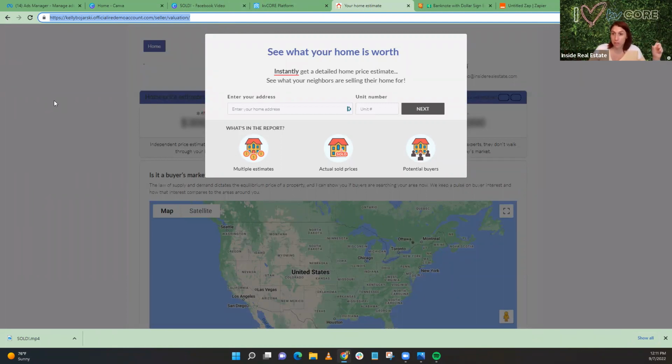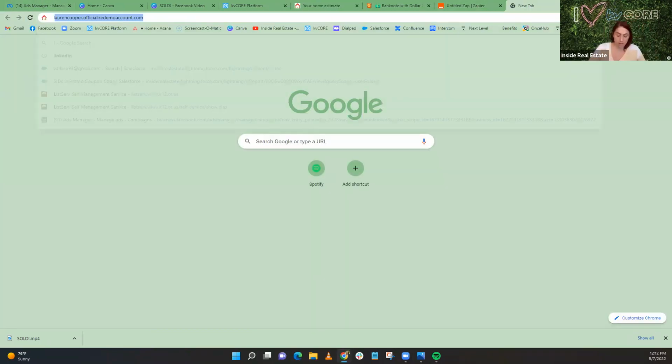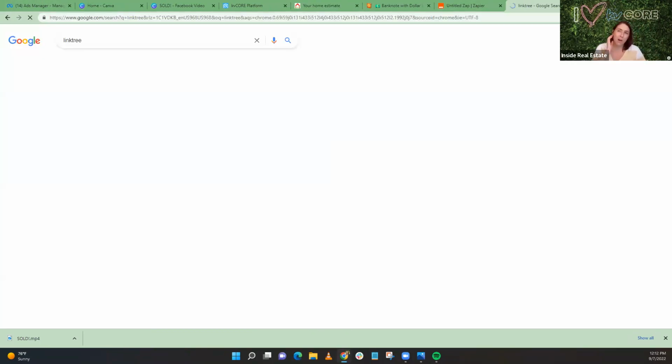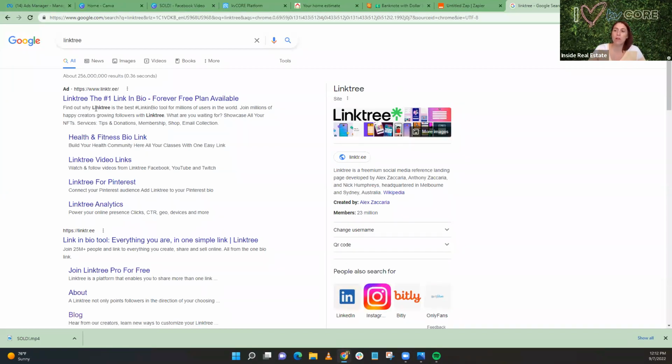Now you can't put links in your Instagram, but you could do a couple different things. If you have a Linktree on Instagram, if everybody knows what that is, where you put a link. There are a couple different ones that do that, but there's also a thing called BioLink too. It gives you a link that